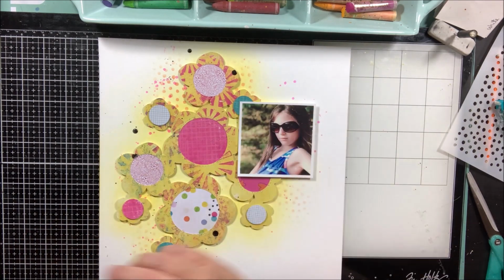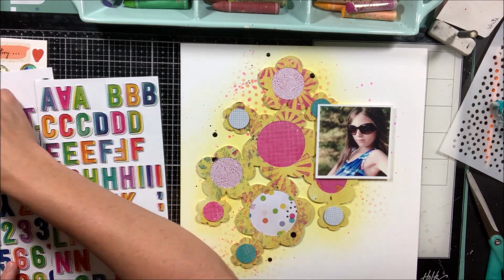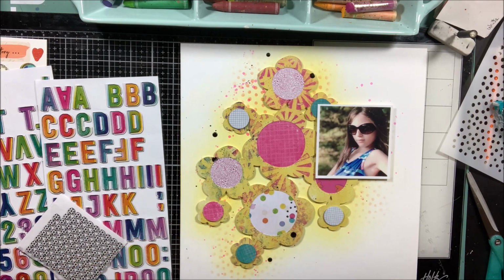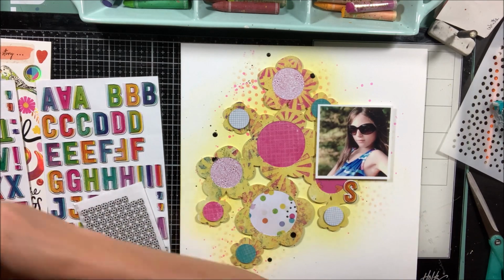a few little embellishments. I do find when you have a large die cut shape like this, you really want to be careful how much extra you add. You can sometimes go a little bit too crazy, have too much stuff going on. So what I wanted to do with this is just add some little bits of color using these color